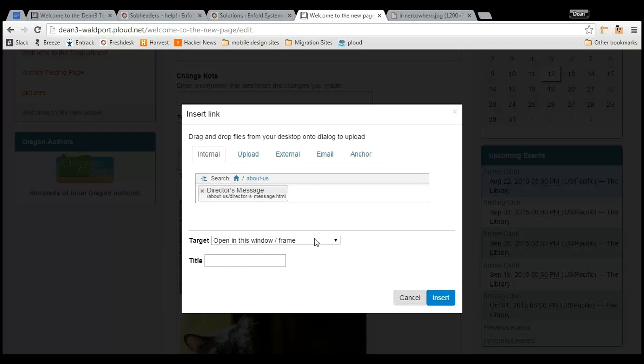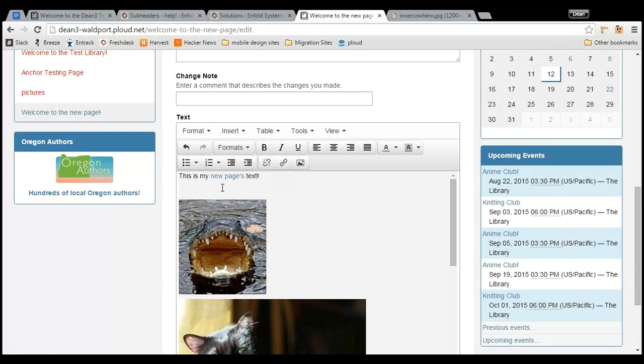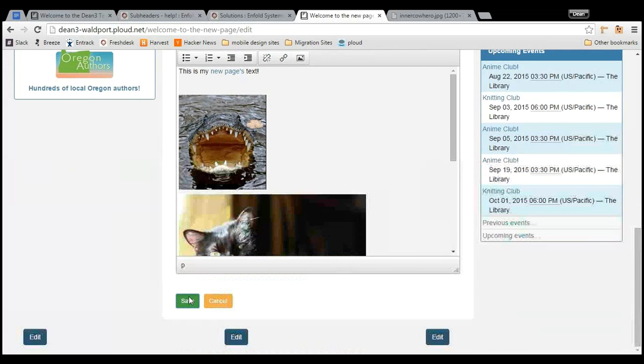And then this target box will allow you to set how the link opens. The default is open in this window, which means when you click on it, it'll take you there in the same tab. So I'm going to say open a new window, which will cause it to open a new tab whenever I click on that. And you can see it's changed color because it's a hyperlink. And then if I save that,